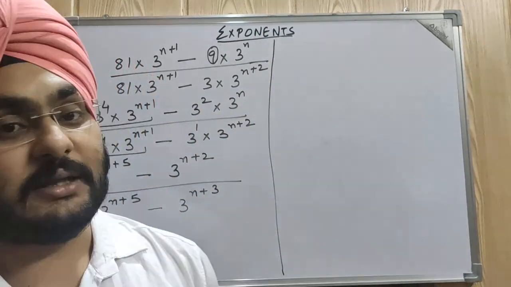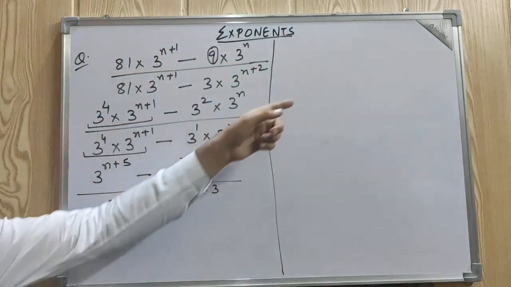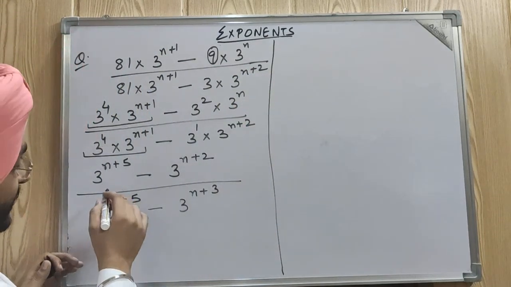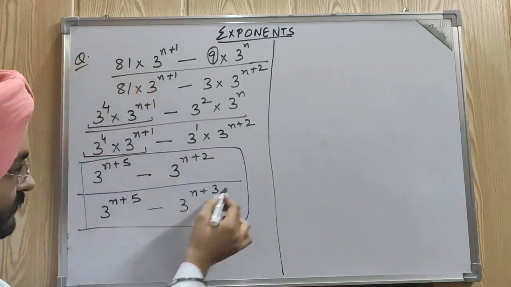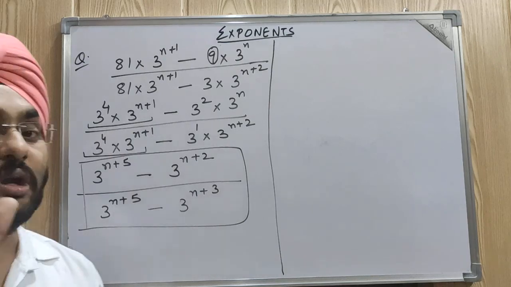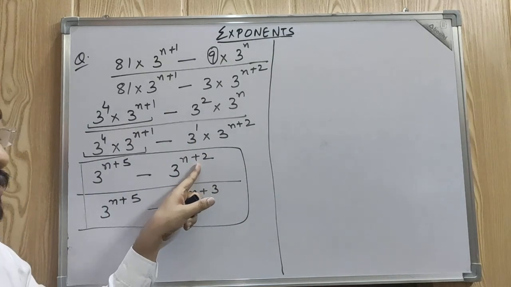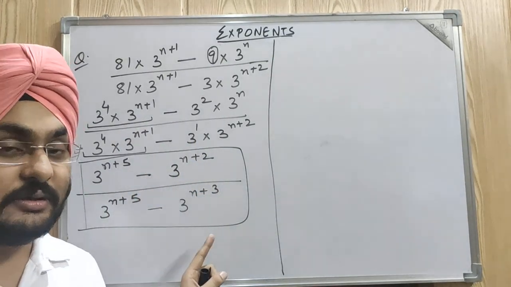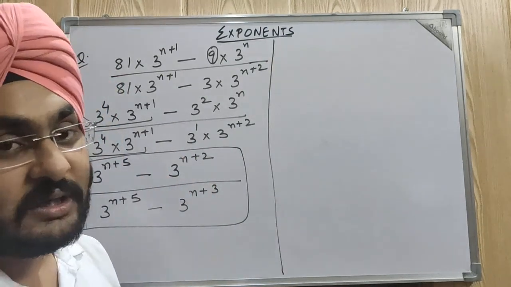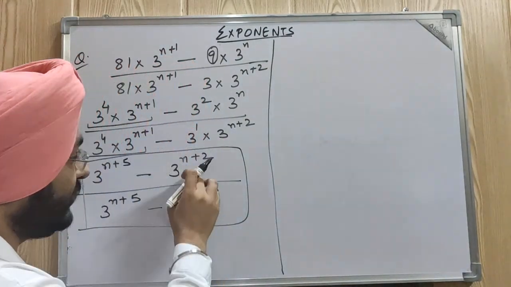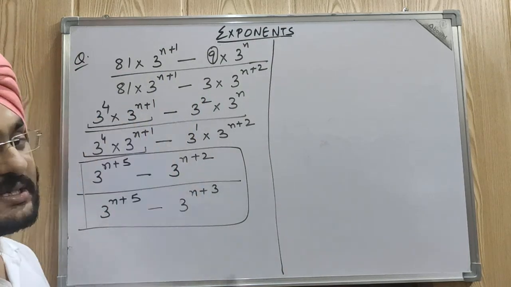Now we have to take the common. This will be a totally new thing for you, so please keep in mind about this step that I'll be doing here now. Okay, firstly, easy verification for this only. Which one is the smaller among all 4? That is n plus 2. Take this common from numerator as well as denominator. I am again explaining. 1, 2, 3, 4. Among these 4, which one is smallest? The smallest is 3 raised to power n plus 2. Take this common from numerator as well as denominator.